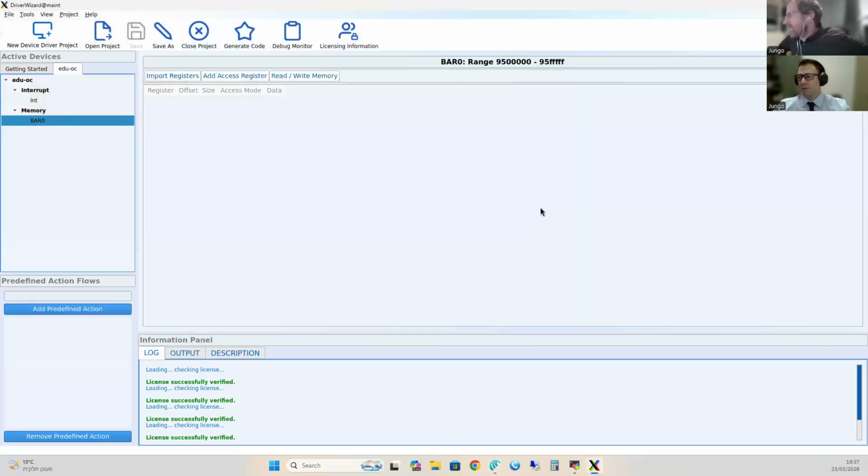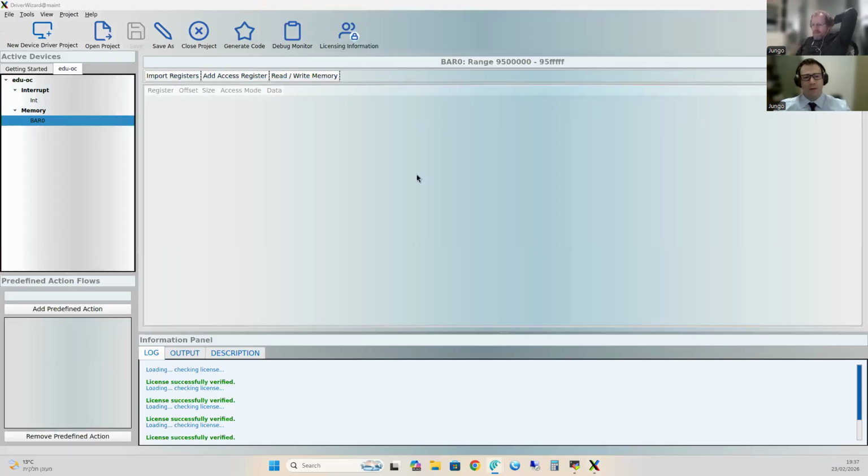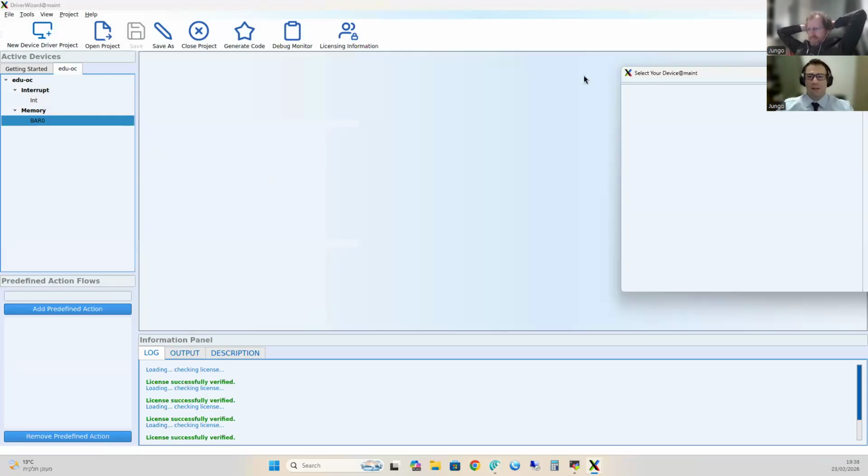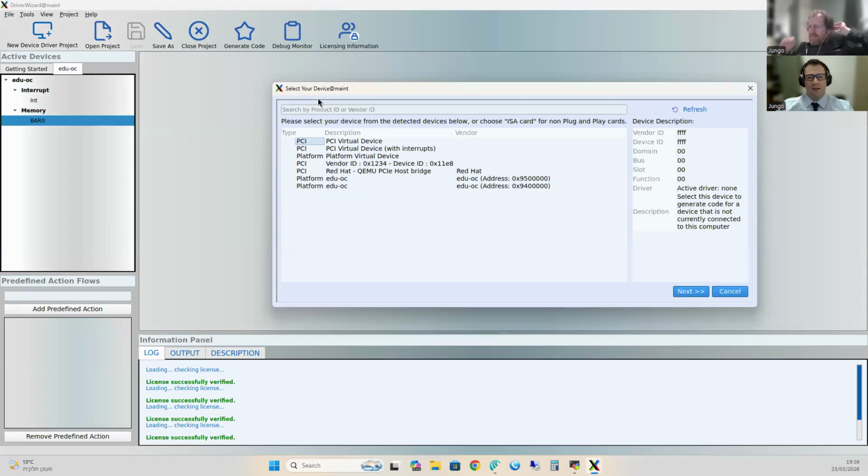Fantastic. All right. So, as I've mentioned before, if you are an old hand at WinDriver, this should look fairly familiar to you. This is the DriverWizard. Now, again, if you are quite experienced with WinDriver, this may not look quite right. The reason for that is that this is the platform device version of it. Now, we're going to hop right in, and we're going to show you what's new. So, as we go right ahead and open a new device, you're going to see that we have several devices. Again, if you're used to WinDriver, this should look fairly familiar. You can see a little bit of information about each device here to the side.